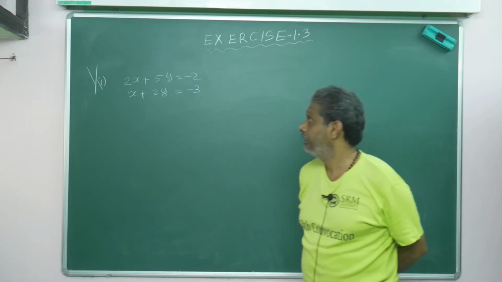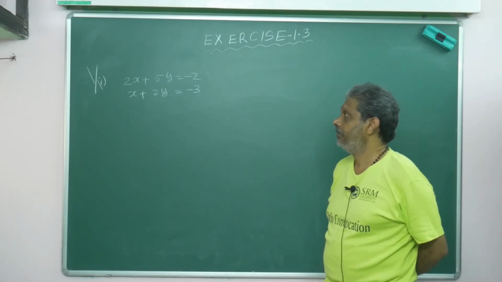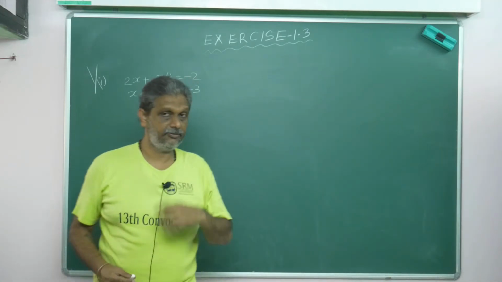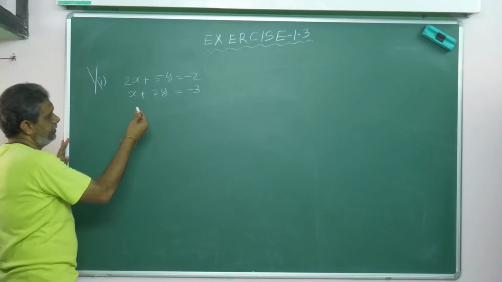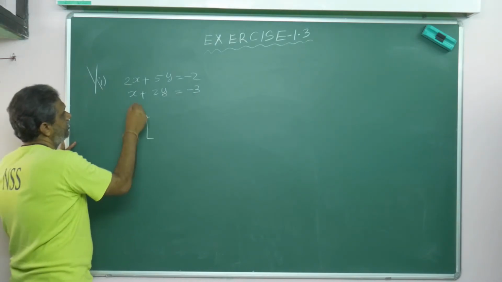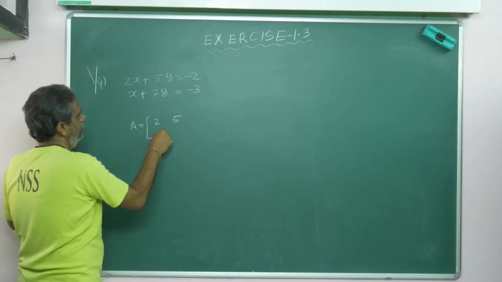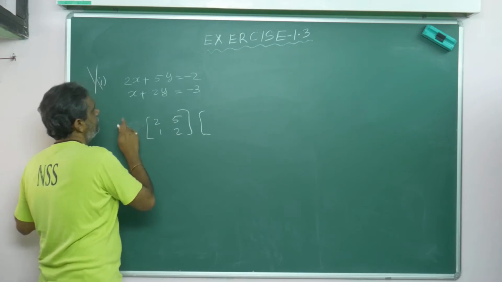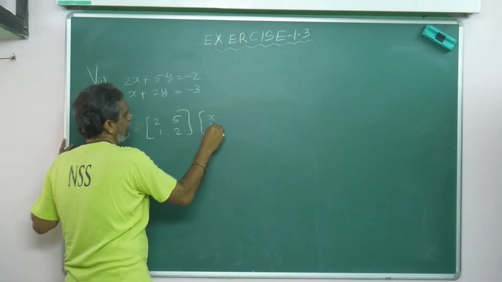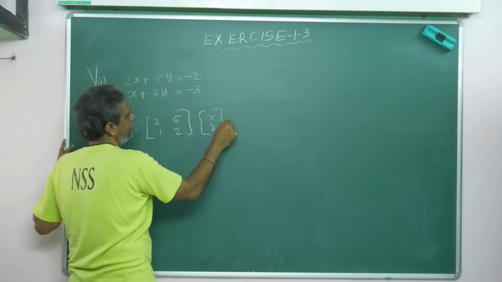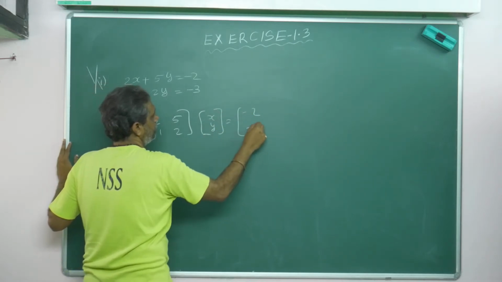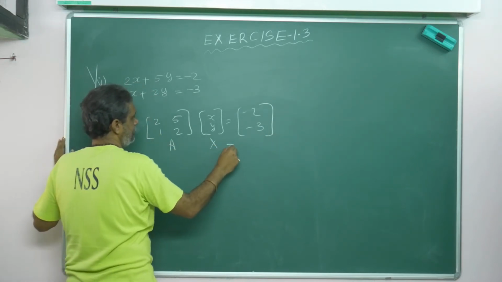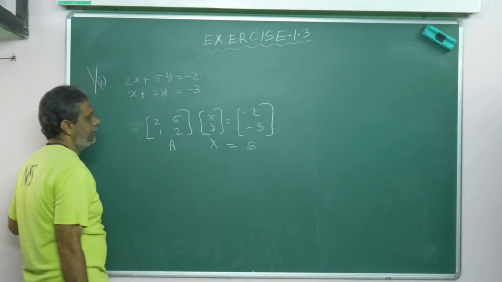But here, using matrix form, how will you do? Everything you can bring to matrix form. First you can write the coefficient matrix. How you will write, while doing I will explain. Just you can write, for 3 by 3, A is equal to the coefficient matrix: 2, 5, 1, 2. Then this is what? How many variables? x, y. Suppose z, then you write x, y, z. You can write this as minus 2, minus 3. The given shape is Ax is equal to b.